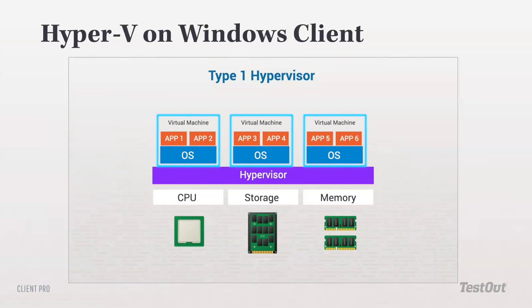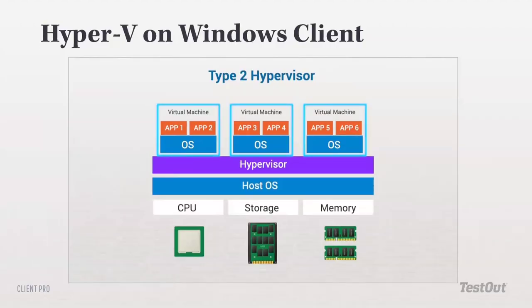They use some of the memory, and that can actually be dynamically allocated and reallocated while things are running. And then, of course, on an existing hard drive, you can create virtual hard drives, which are assigned to one of those virtual machines, so that one physical hard drive can be used by multiple virtual machines via that